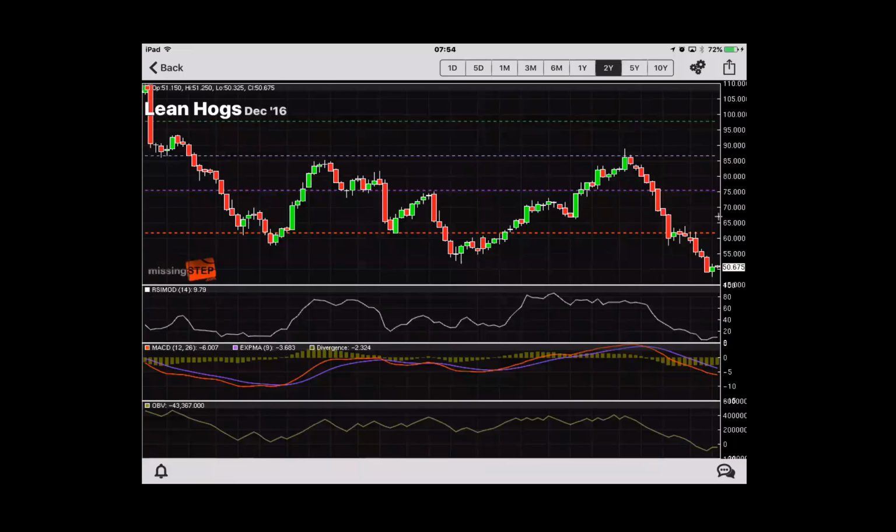Lean hogs, I posted about eating your meat. Hogs, yes, they can drop back down to 1998 levels, which was also during the Great Depression, which was kind of a spooky thing for me, that hogs are at Great Depression prices. I wonder if anything else can. What did that take? 98, it took 7 years for the real estate peak, and 9 years for the stock market peak. And here we are,